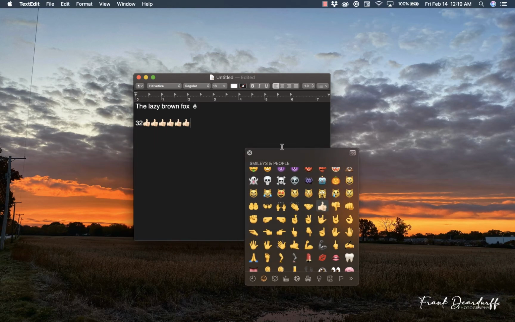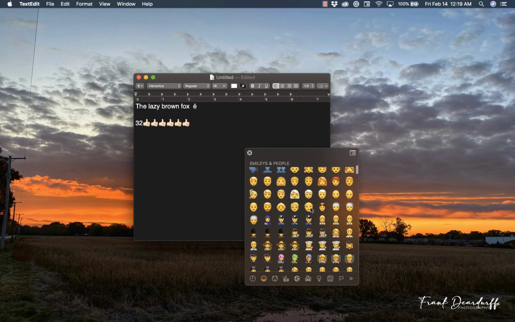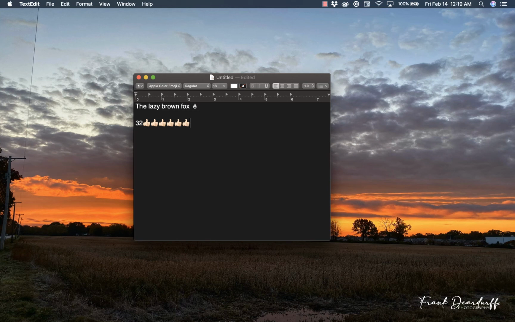Yep, that's what I thought. It's in there clicking and it got a bunch of them in there. So any of the faces and things like that, you can change the skin color for before you insert them, so you can insert them that way. So let's go ahead and move forward with our